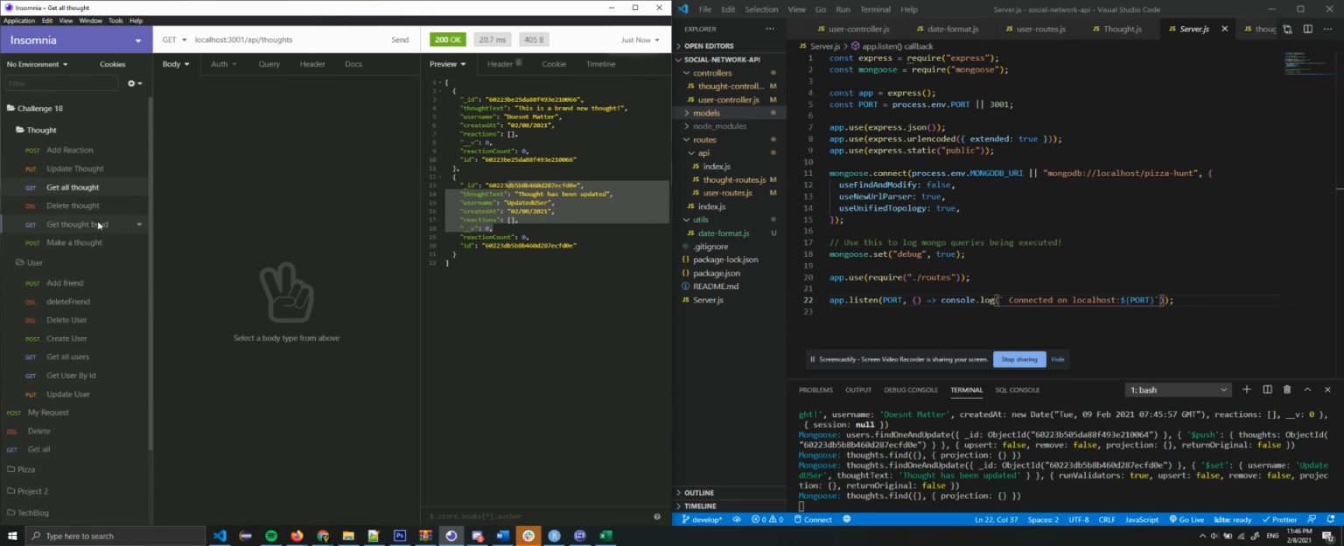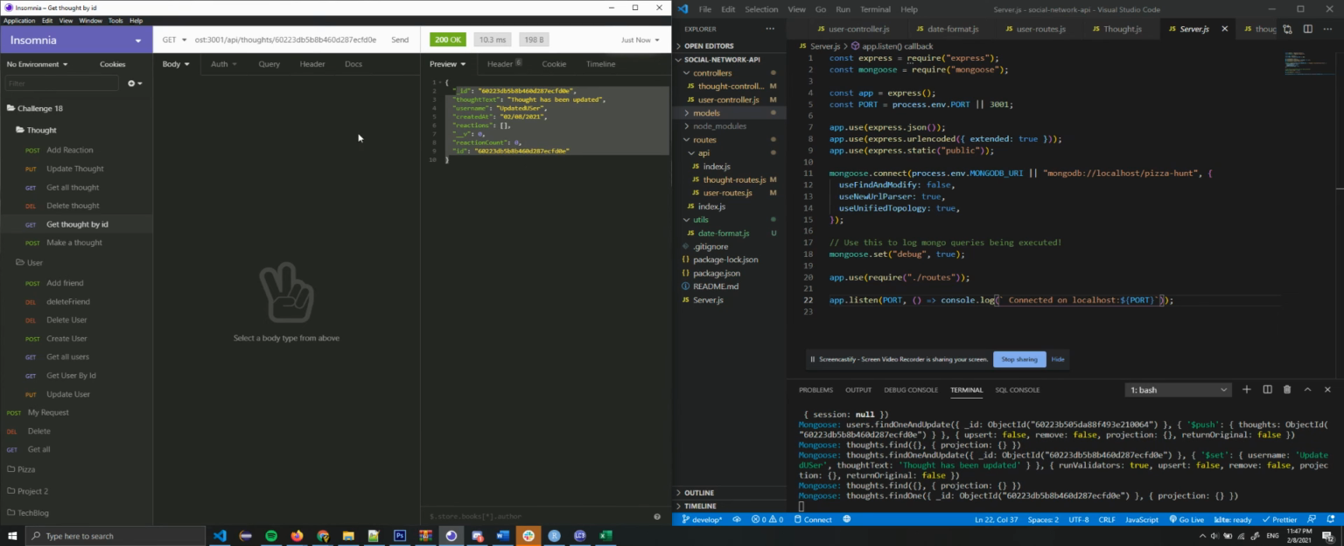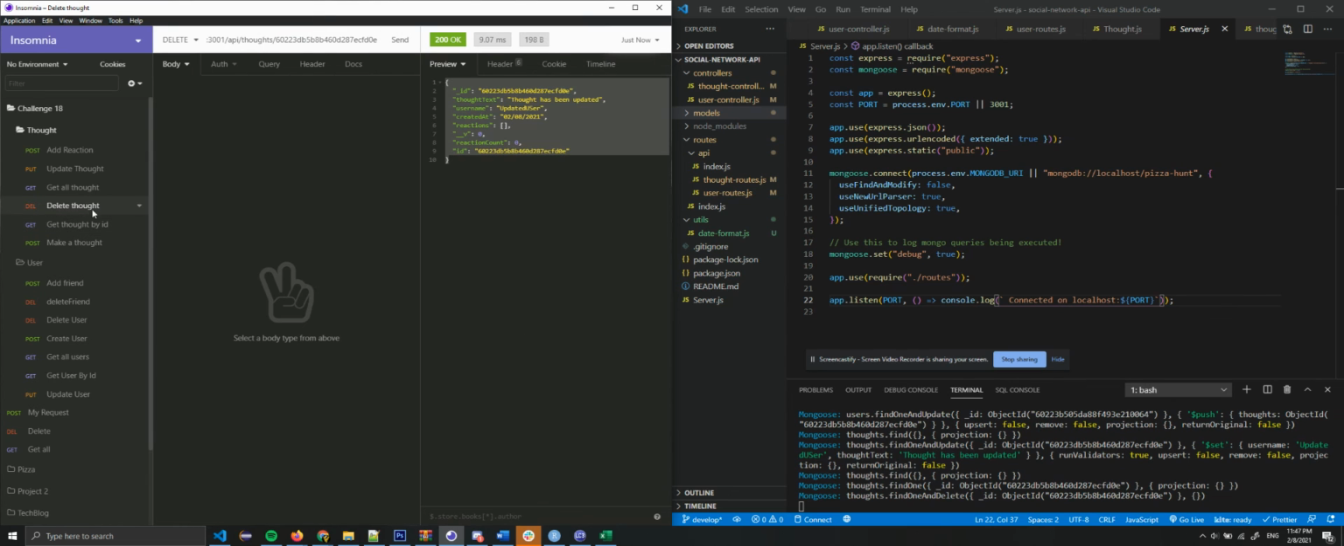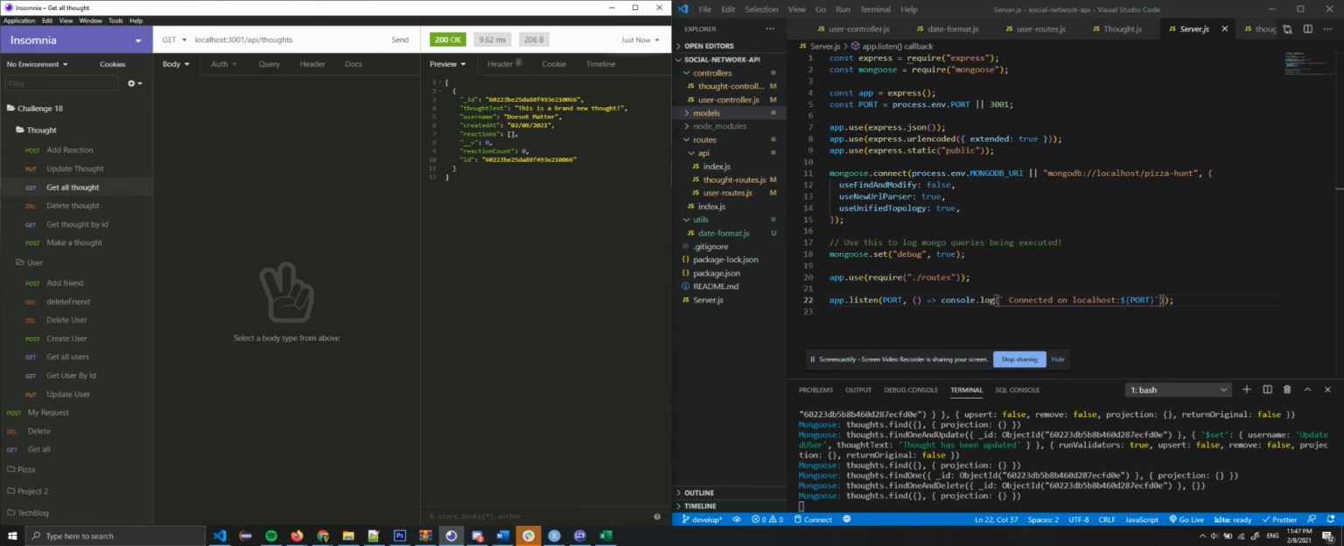Next, let's say we want to get this thought by its ID to make sure that we're grabbing the right thought. So we can grab its ID field and individually retrieve the information about this thought. Just as well as retrieving the individual information, we can delete this thought. So going back to get all thoughts, we can see that this thought has in fact been deleted. And this demonstrates all the necessary functionality except the reactions, which at this point in time are not